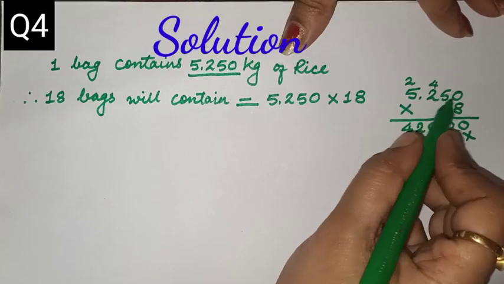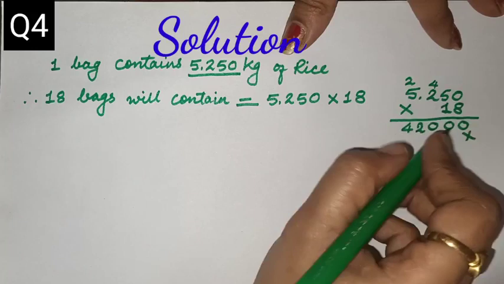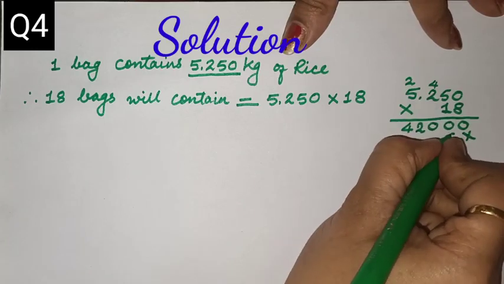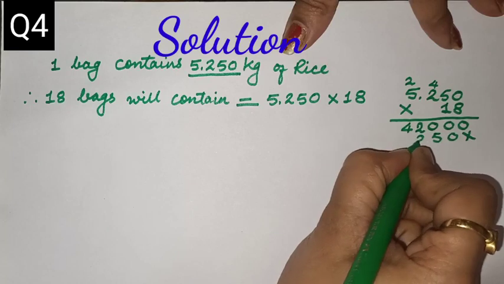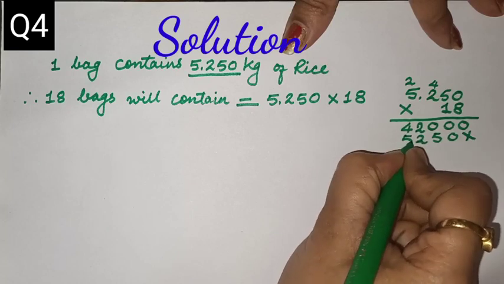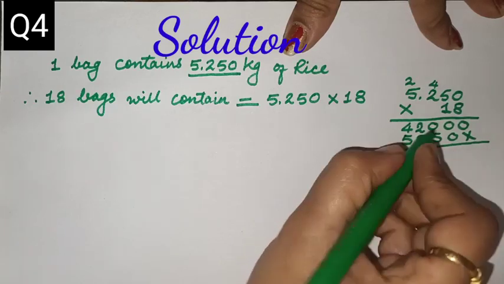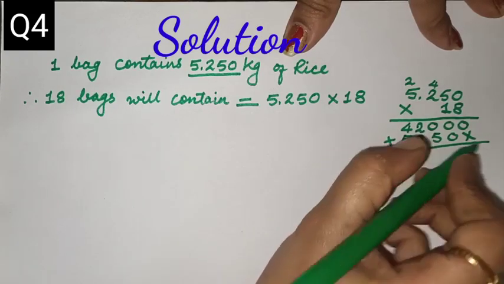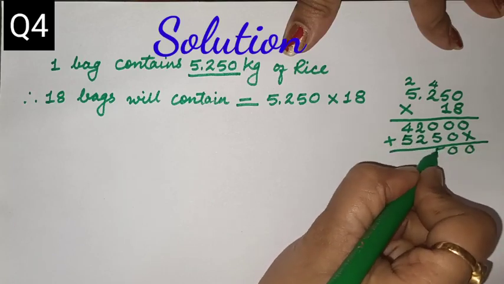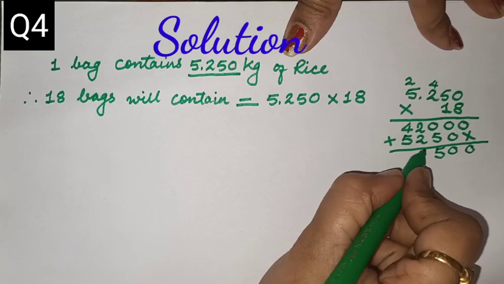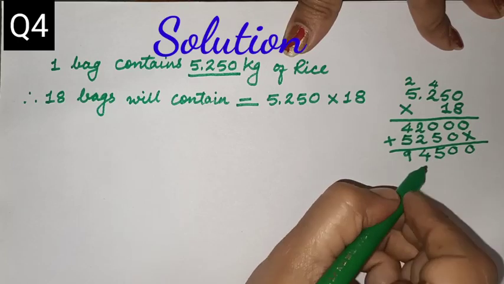Then what we'll do here, we'll write the number as it is. 1 0 is a 0, 1 5 is a 5, 1 2 is a 2, 1 5 is a 5, right? 0 5 2 5. Okay, let us add it. 0 0 5 4 and 9. Answer is